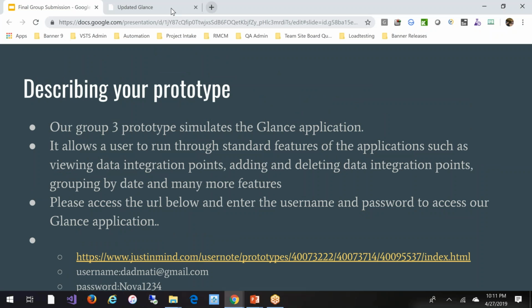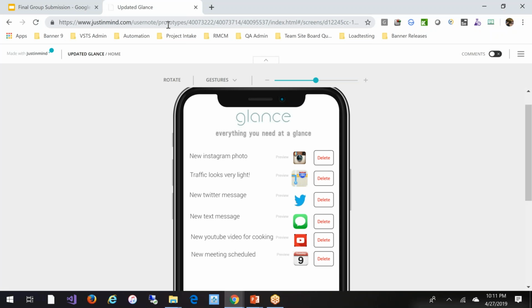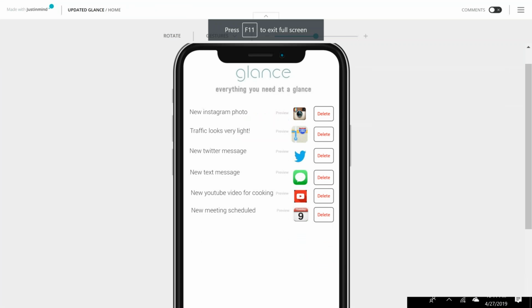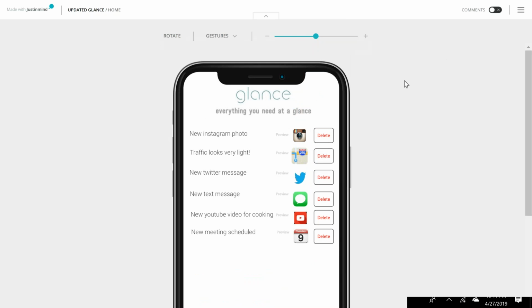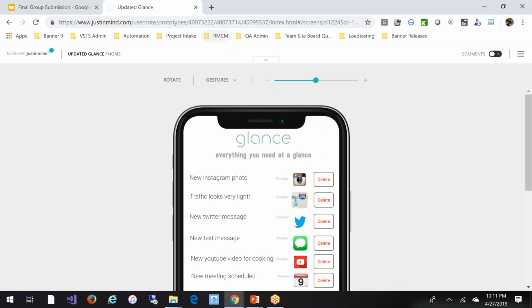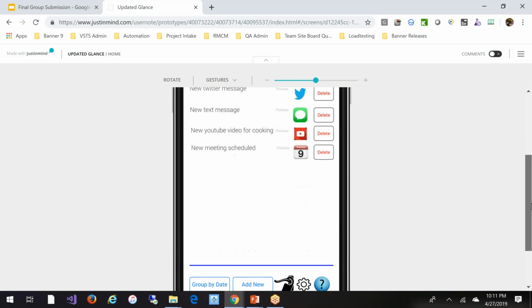So we're actually going to take a moment and just do a brief example of the prototype that you can walk through and use. So you can see right here, this is the screen of the prototype already logged in, but I'm actually going to refresh it right now so we can start at the beginning. We can see right here